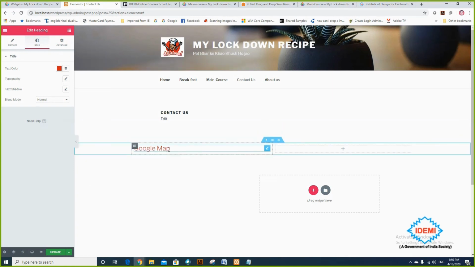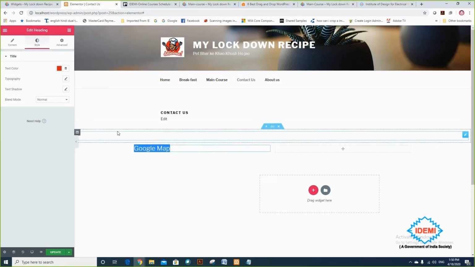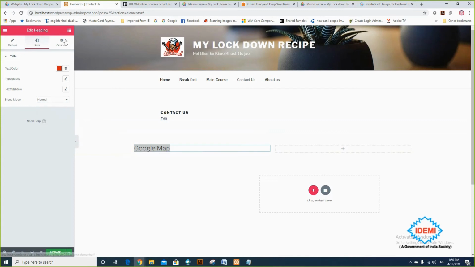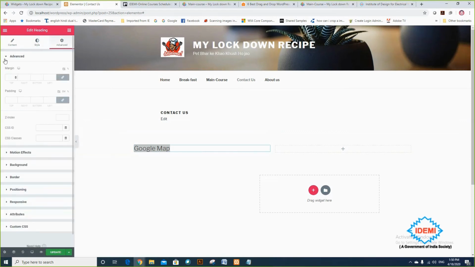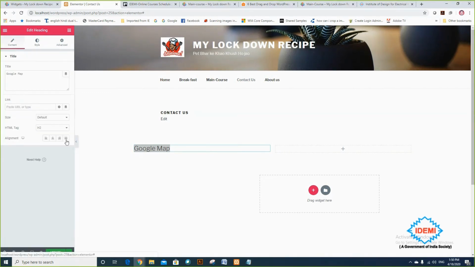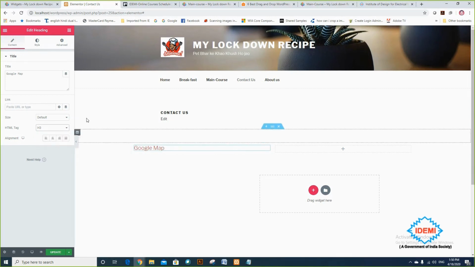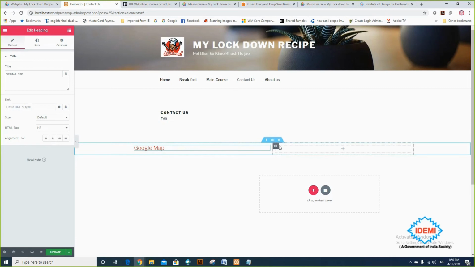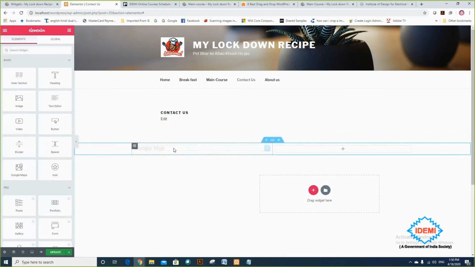Few options we are getting. You can choose a shadow, okay, and you can choose bold, italic, underline options. N number of options are there. You explore these on your own. I'm not going to show you. Okay, and you can choose heading level 1, 2, 3, 4, 5. Like that. So I'm choosing heading level 3.